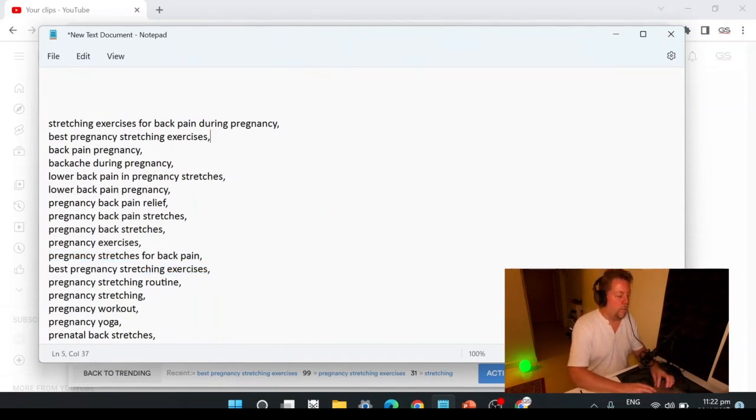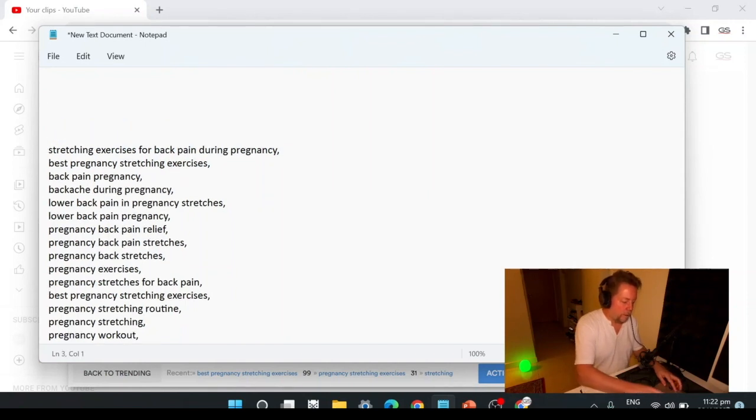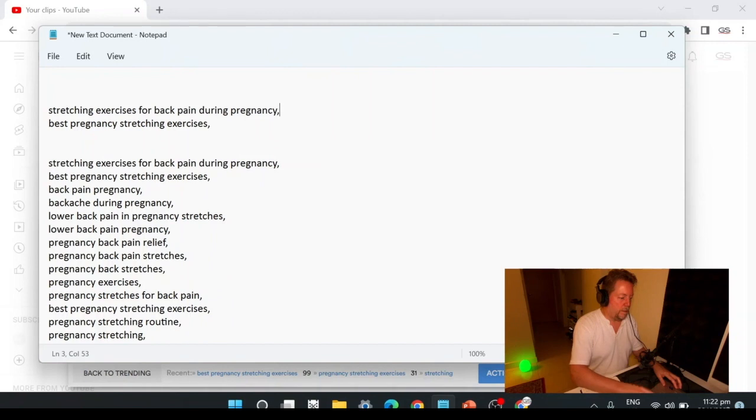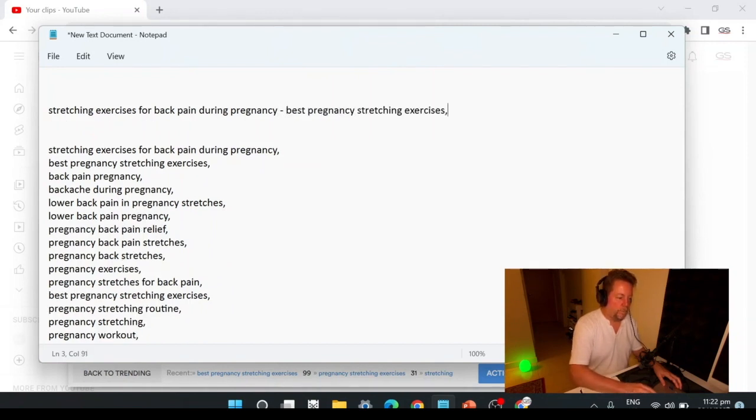Okay, so when I do a title, I was going to show you later how to do this, but let's just do it here because it's part of the process. Okay, so I copied those two lines. There's your title. Stretching exercises for back pain during pregnancy. Best pregnancy stretching exercises. There's your title.